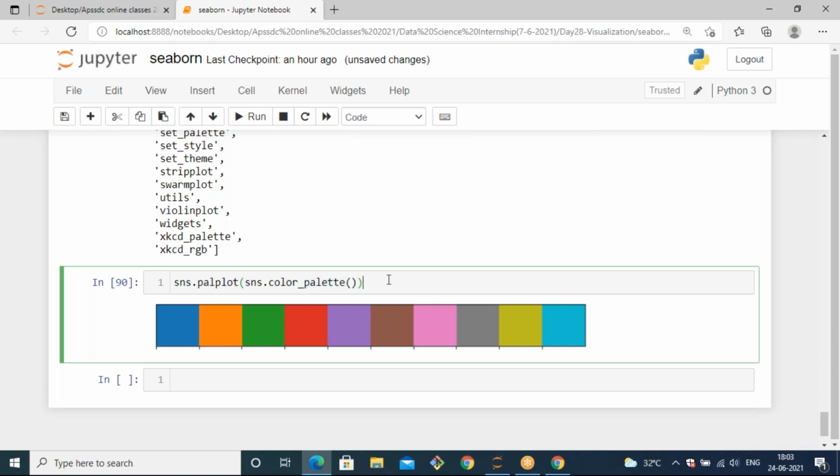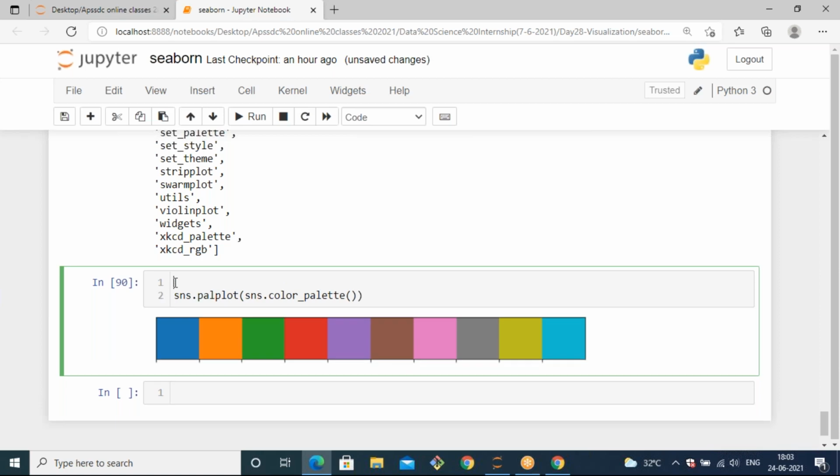So you might hear this term called palette. What does this palette term define? What does it signify? What is palette?